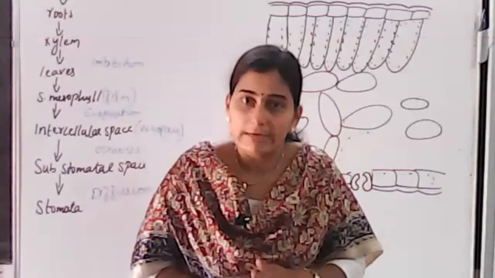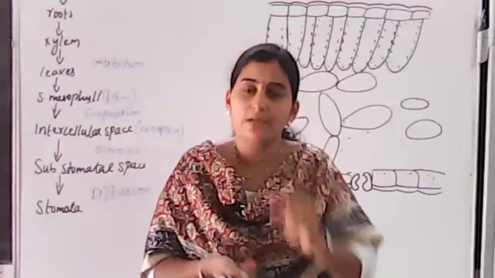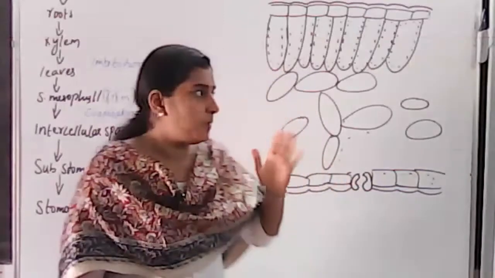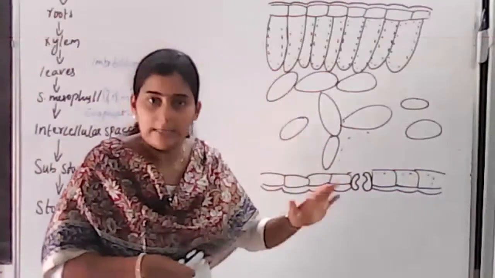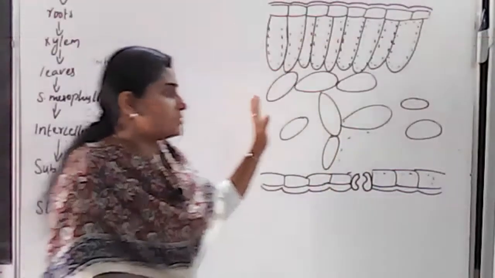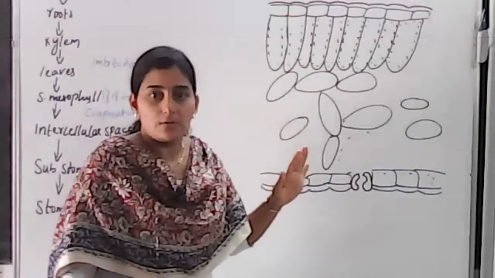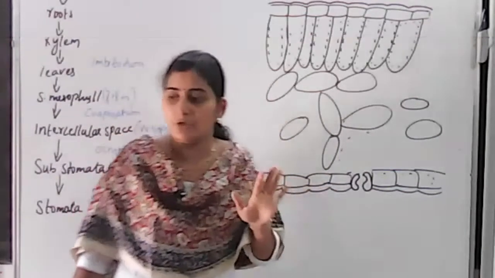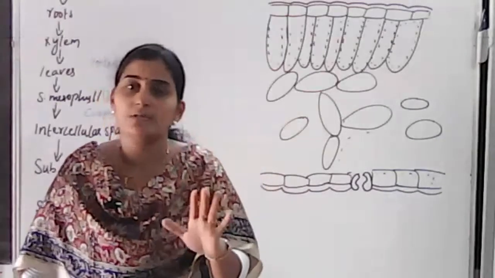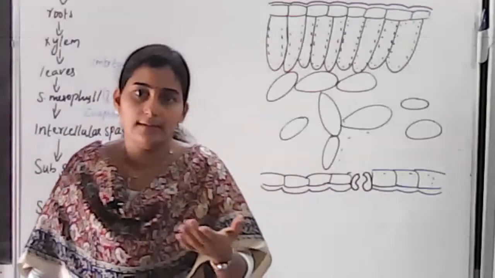and also where stomata can be seen on a leaf. If you take a leaf, take a section of that leaf and observe it under a microscope, you can see there are various parts of a typical leaf. So you can see this diagram also. This is the structure of a typical leaf as seen under a microscope. In your textbook, on page number 58, you have a green colored diagram which shows the section of a leaf.